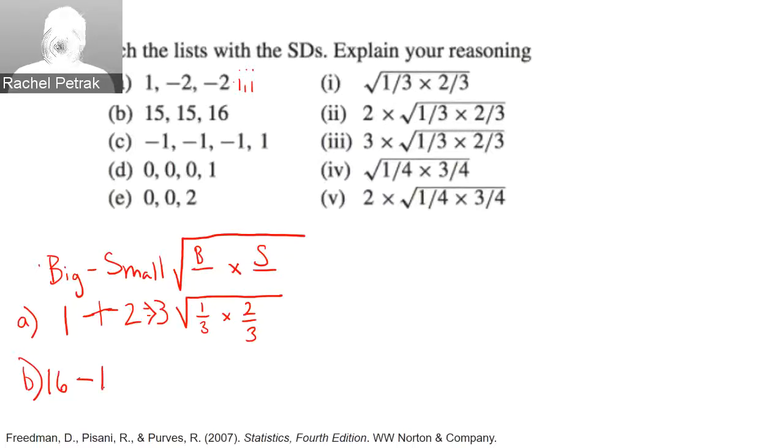Minus the small number is 15 times the square root of the proportional representation of the numbers. So the big one is, again, 1/3, and the small one is 2/3 of the tickets. And we can see 16 minus 15 is going to be 1. So B must be I. Any questions about this? Does what I'm doing make a lot of sense to everybody, or